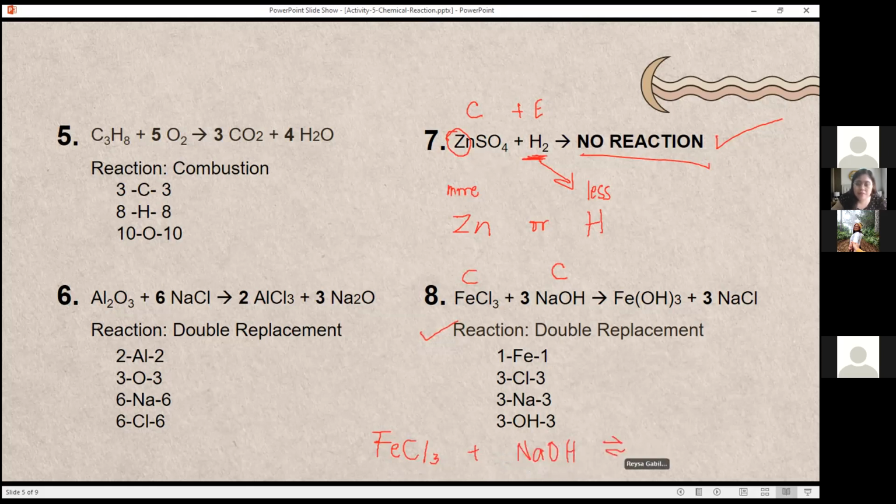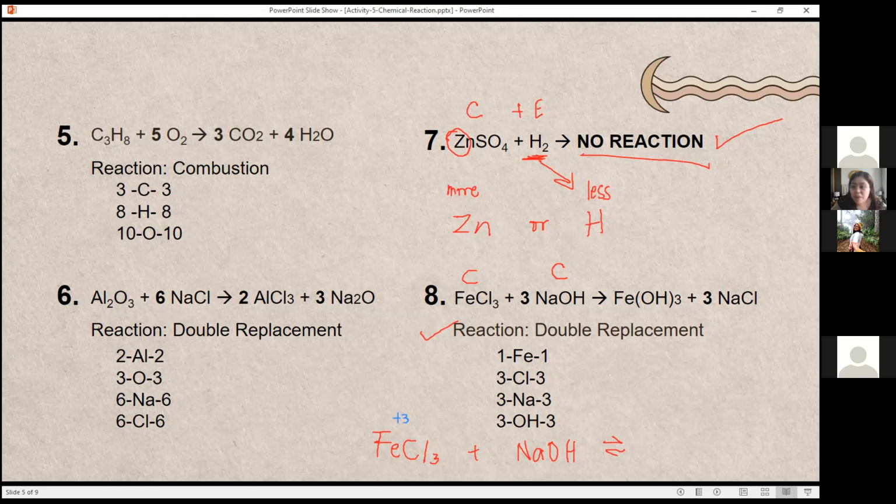You have to determine first the positive and the negative ions on both compounds. So Fe here is +3. Take note, it should be +3. Iron can be +2 or +3, but how do we know na +3 siya? Kasi may 3 ka dito na subscript. Pag ni-reverse mo yan, meaning